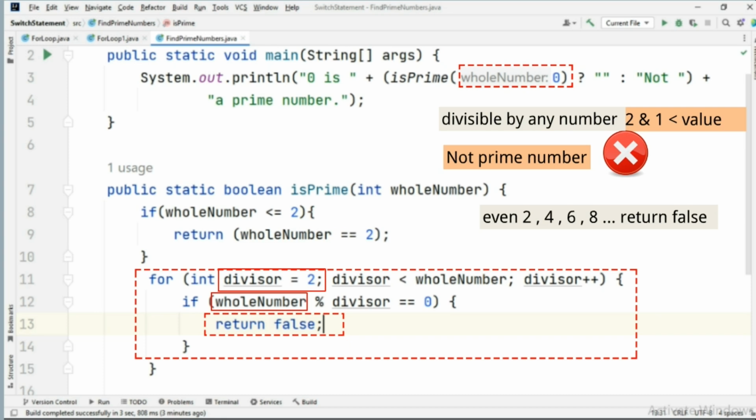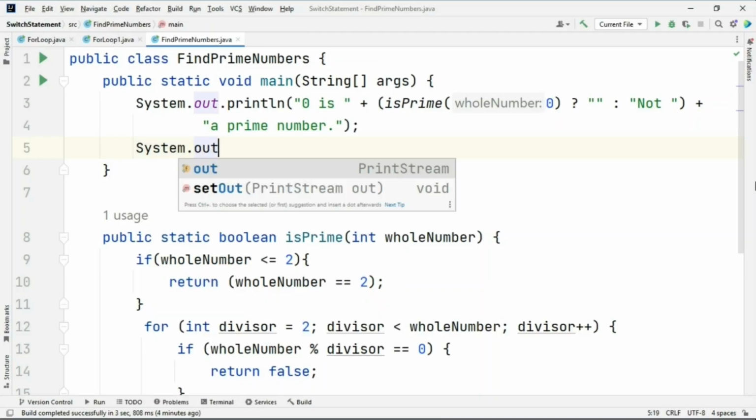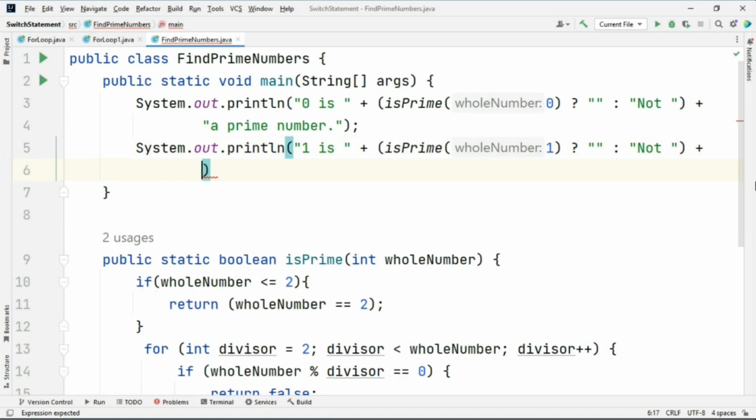Now to test, we first add more cases. For this, we go into the main method and write System.out.println("1 is " + (isPrime(1) ? "" : "not ") + "a prime number");